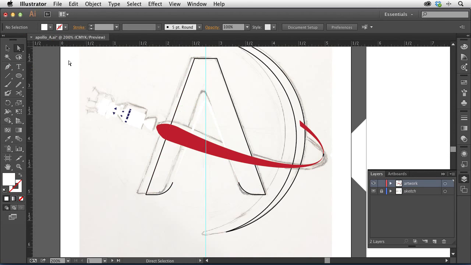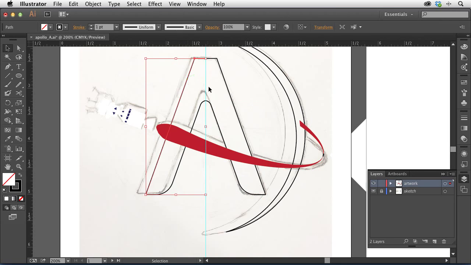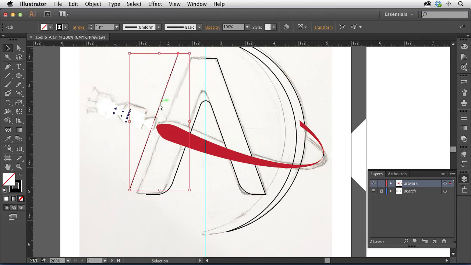I'll say I didn't actually join those together. We should probably do that. Let's take these guys right here. Join them. We should have the two halves that are right here. Beautiful. It looks like, oh, we have to join this